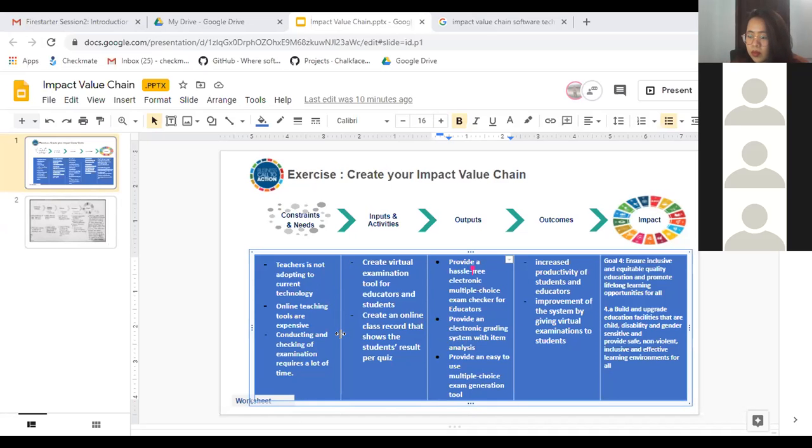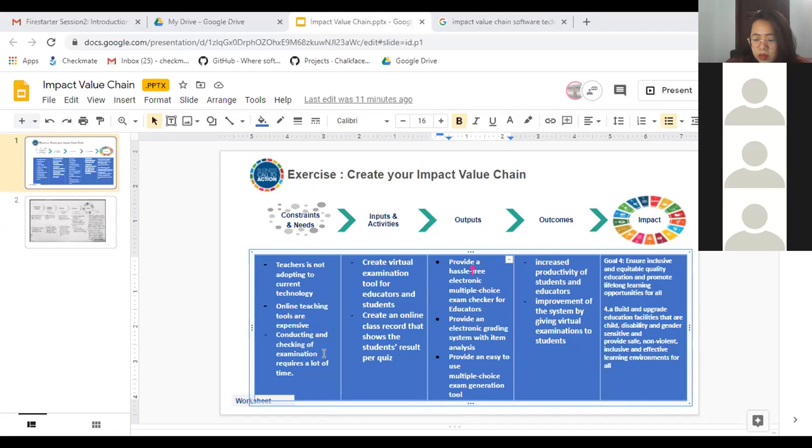And then for the third concern in needs, conducting and checking of examination requires a lot of time. So this is really the constraint that our startup is trying to solve, the checking of examinations for the teachers.